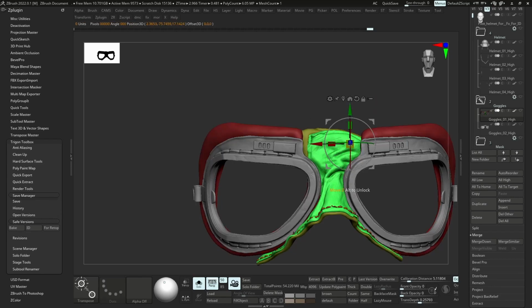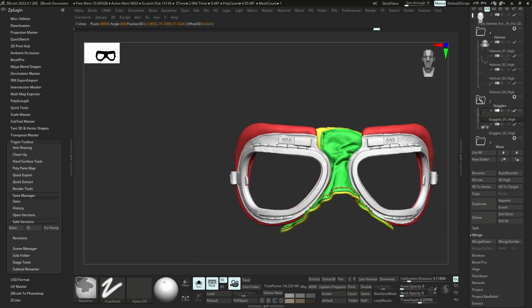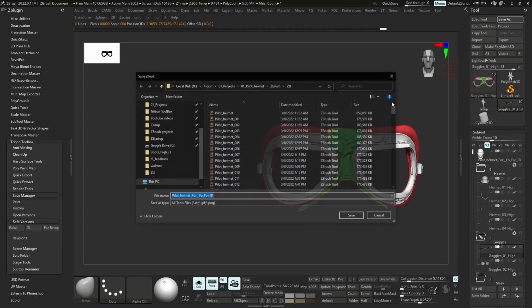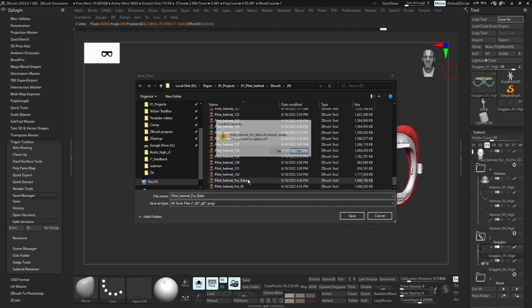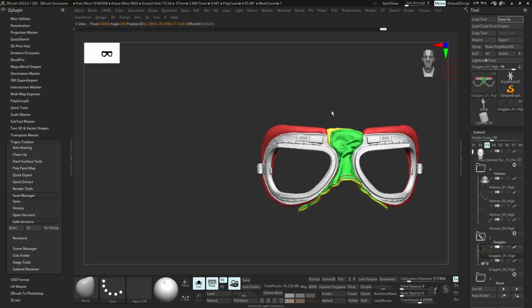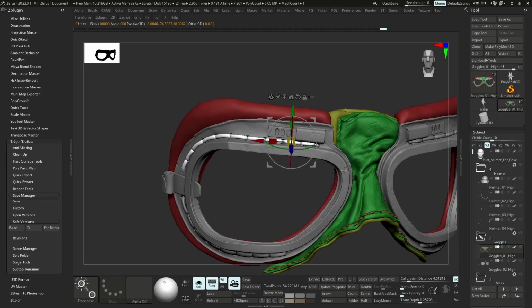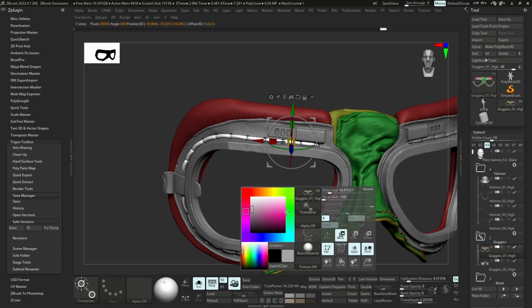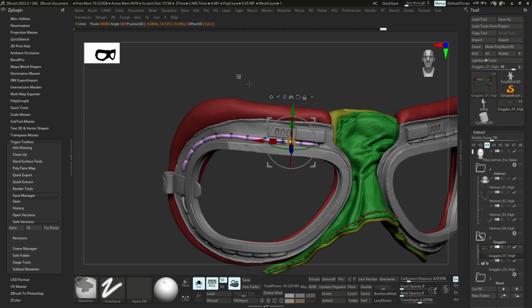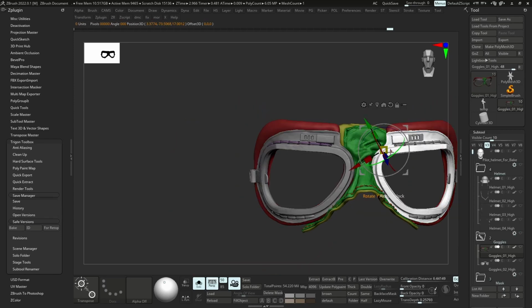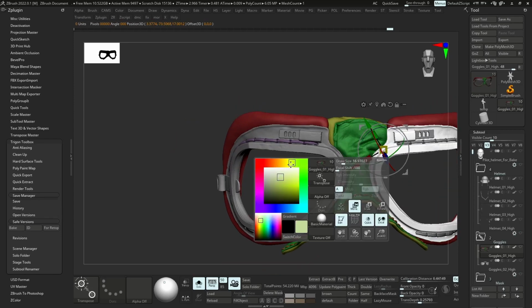We don't really need that for the version, I think. Just gonna save this as the for bake. Let's try to give them all different colors that are pretty different from each other. That's gonna make it the most easy to select stuff. Most of the times you do have to get kind of